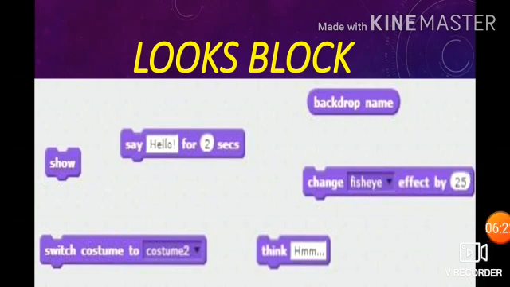Next is open a folder to select a costume of your choice. Fourth step is select the required costume, and finally the selected costume will be added to the existing list. So the looks block is used to change the costume. You can use switch costume to select the costume from the drop down list, or the next costume command.